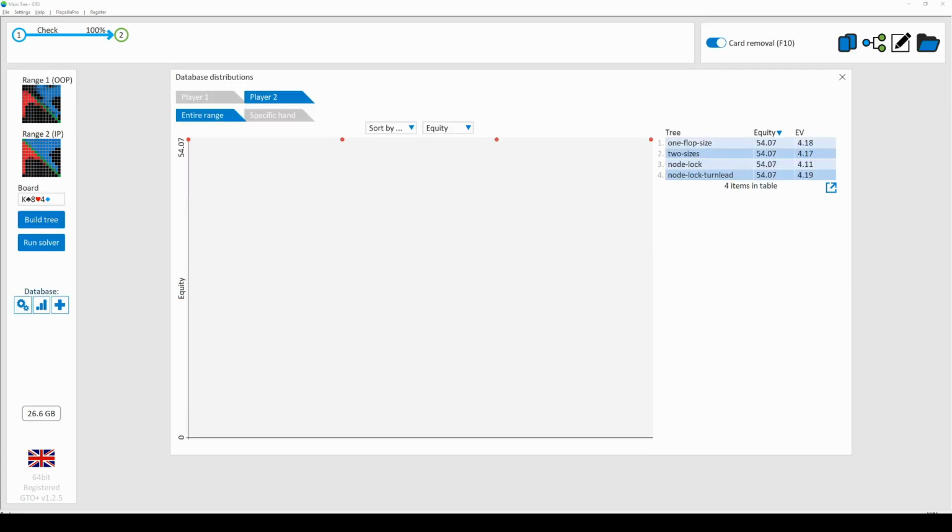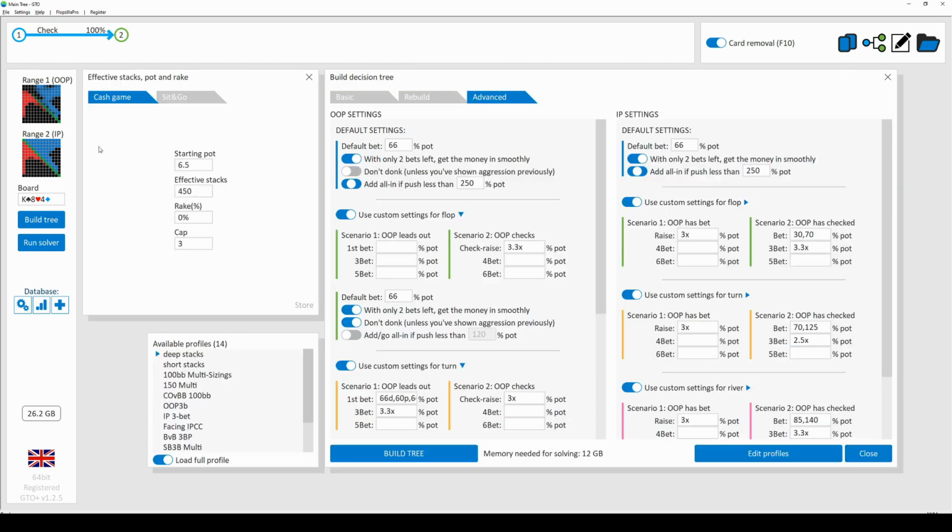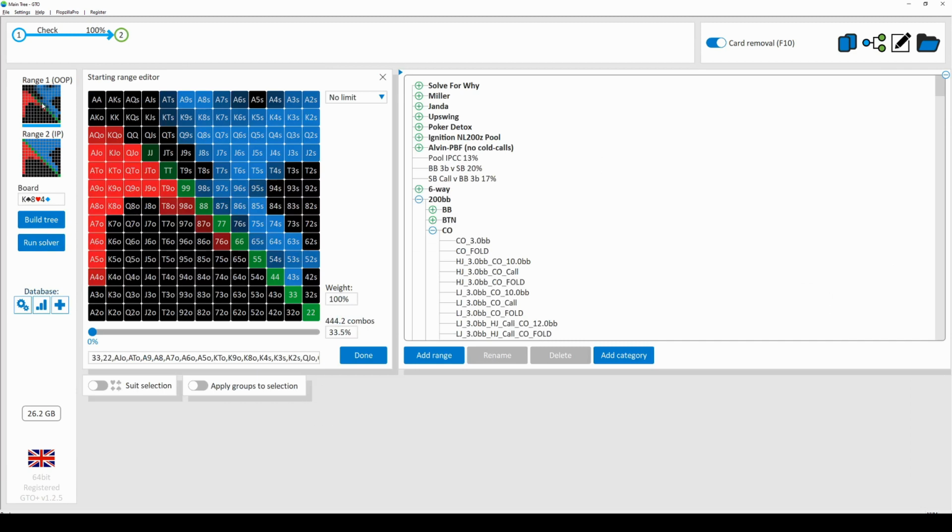So the first thing I did was solve this flop for our effective stacks and the pot, and gave us both various betting options. And I have to make some assumptions here about what P's preflop range is going to look like when he defends the big blind. I don't know